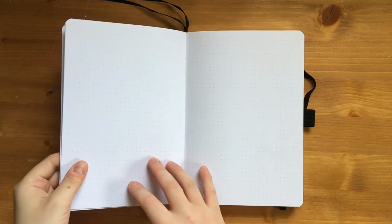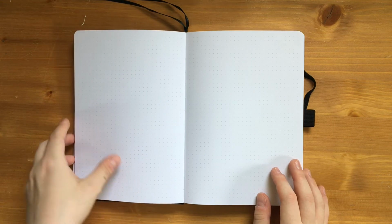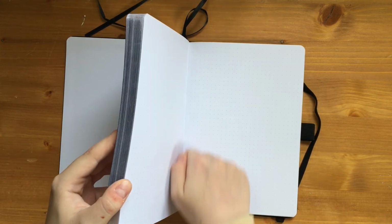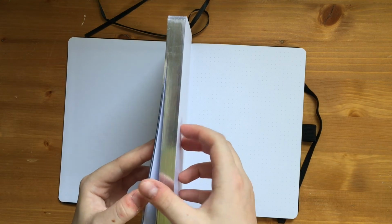The binding is a sewn binding. This is very similar to the binding they use actually at Muji, which I've had really great experiences with. The notebook does lay quite flat with training. When I say with training, what I mean by that is whenever you get a new notebook, you do want to go in and kind of do this. And essentially